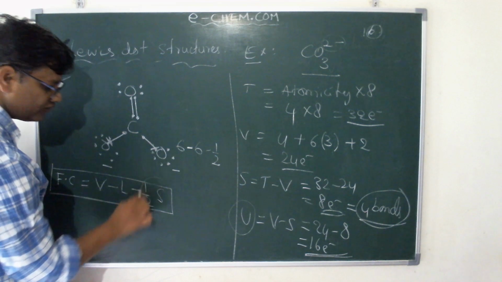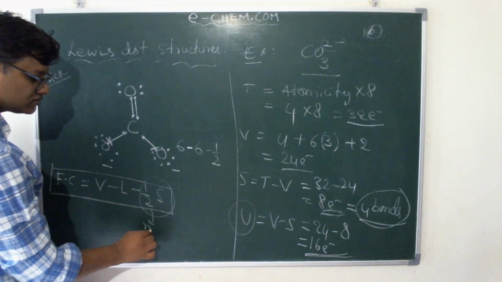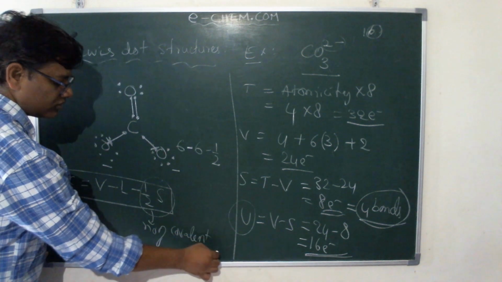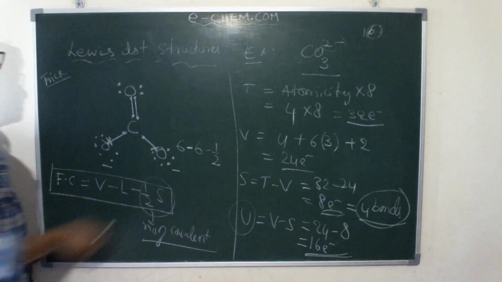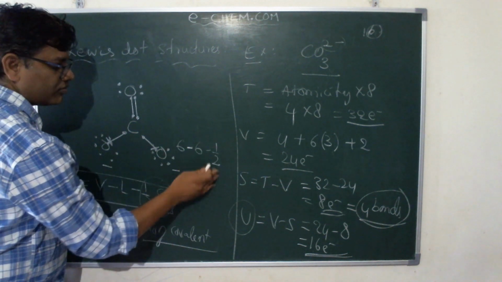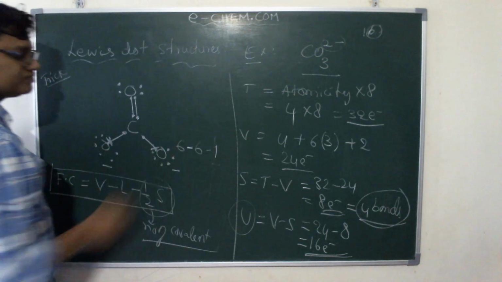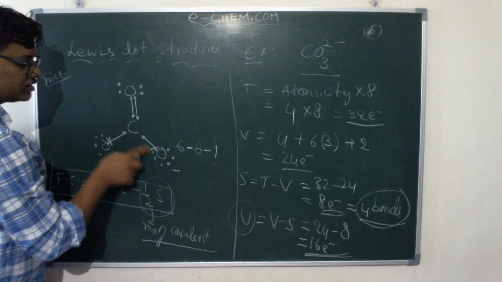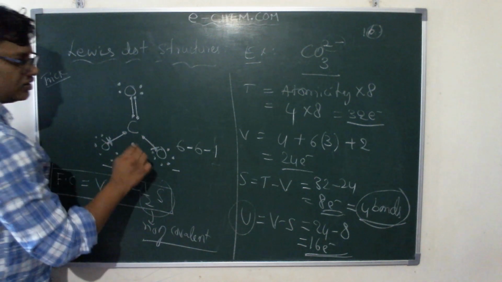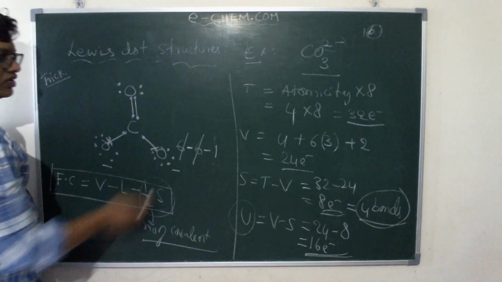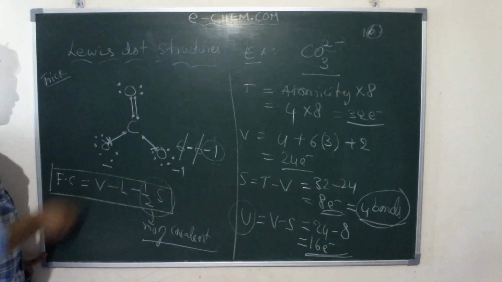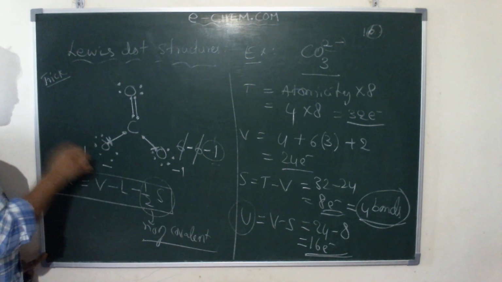Let's find out the formal charge for this oxygen. Valence electrons how many? Oxygen belongs to the 16th group, so valence electrons will be 6, minus lone pair of electrons: 1, 2, 3, 4, 5, 6, so 6 electrons. Now minus 1 by 2 shared electrons, which is 2. That means what? Bonds. This half S is nothing but the number of covalent bonds. 2 electrons make 1 bond. So if you cancel these, what charge remains? Minus 1 charge. Here also the same situation, minus 1.